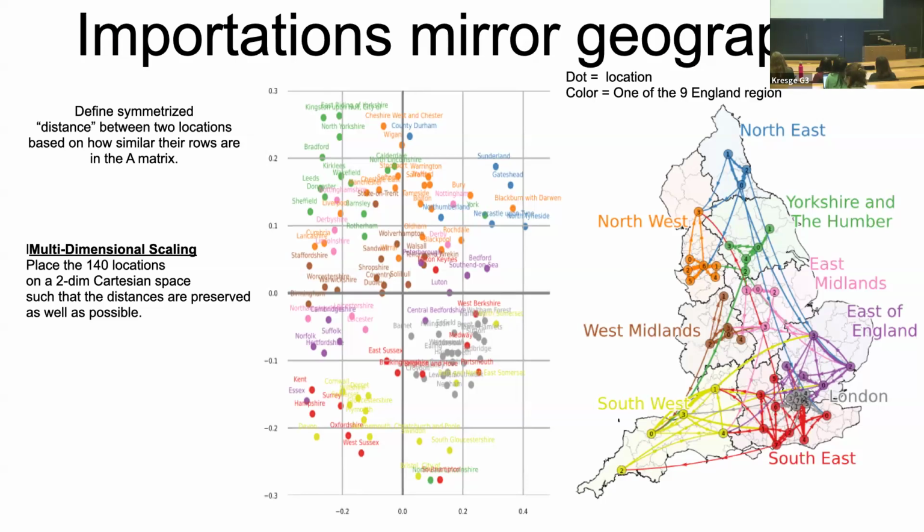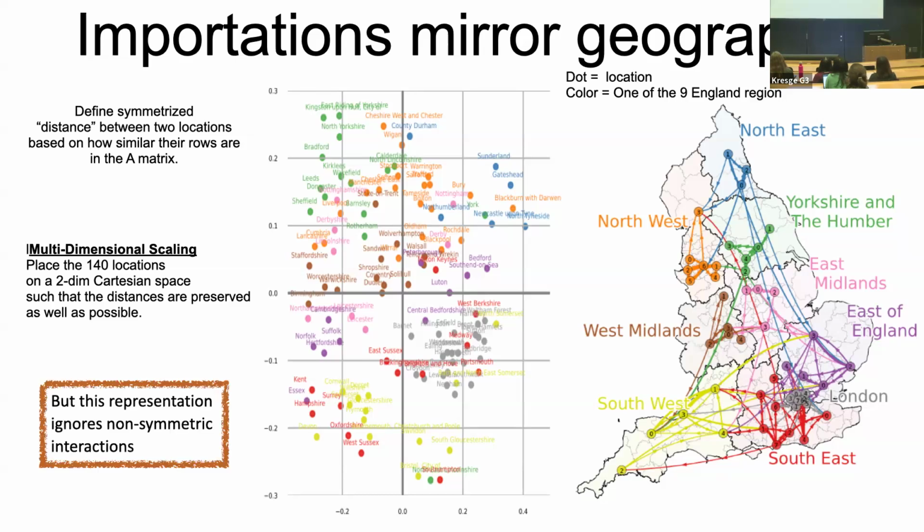And what pops up is a very crude version of England. London is down here, Northwest is there. So there's some geographic information. Now, clearer versions exist. But anyway, this ignores any non-symmetric interactions because the distance is symmetric. And that's, I think, the power of this approach that you can look at